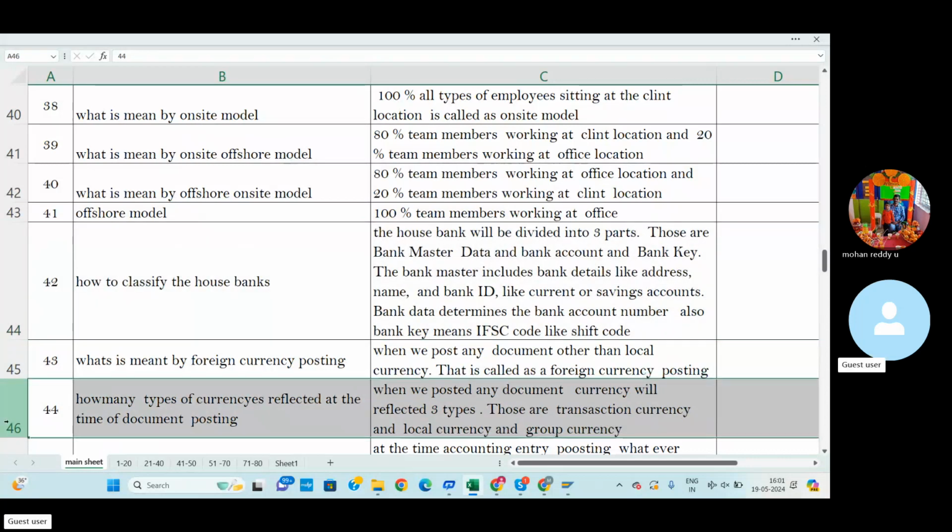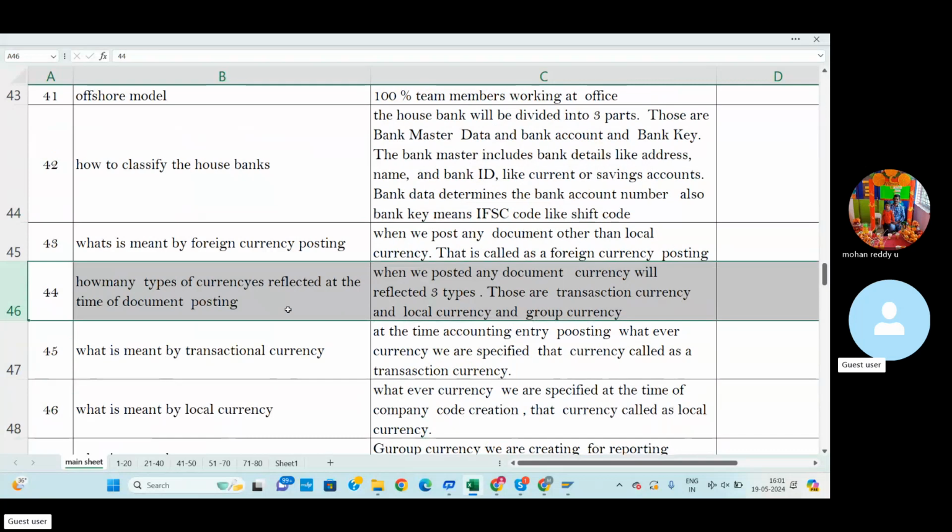Here we look at how many types of currencies are reflected at the time of document posting. If we post any document, the document-related money will be reflected in three types of currency.